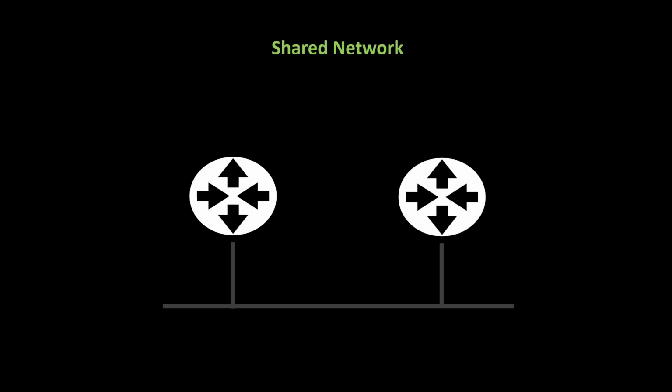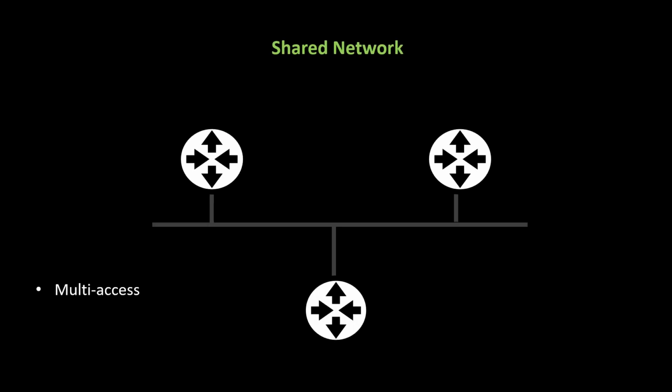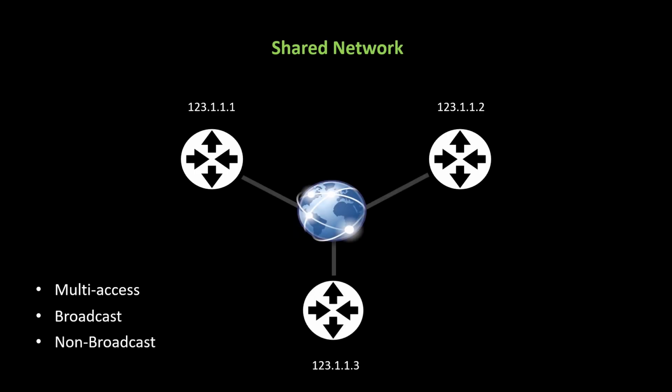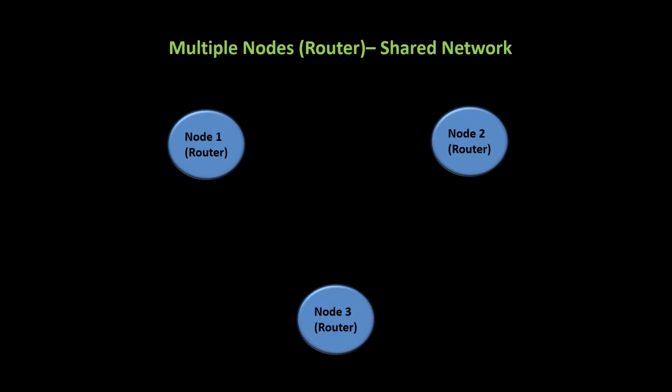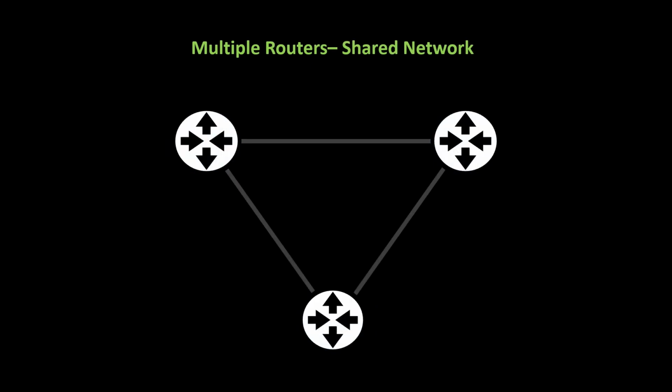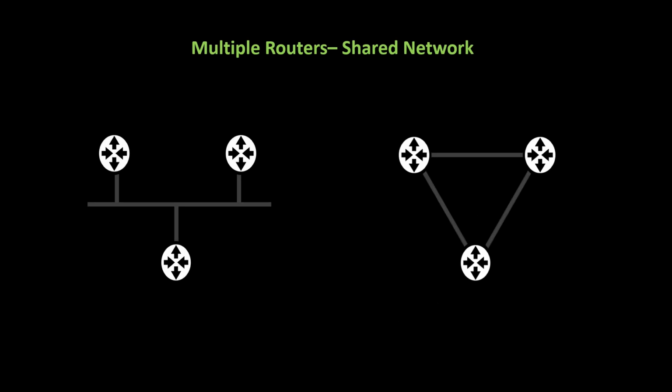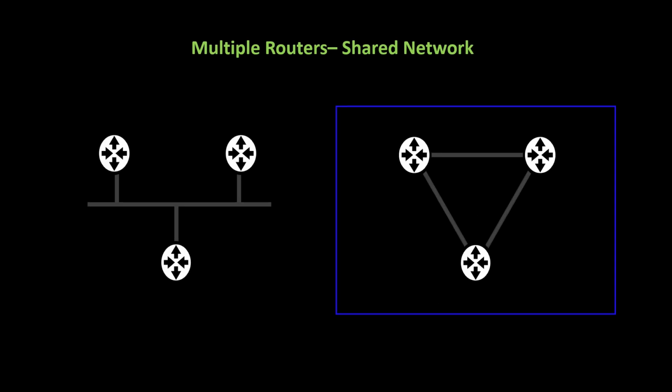Here's a shared network. We know that shared networks are multi-access. In some multi-access networks, devices have reachability and can exchange broadcast. In others, devices have reachability but are unable to exchange broadcast. The links between these devices are removed. The shared network will be described using SPF's topology rules. Each node is connected to the others. Easy, right? The SPF view is converted to physical view. That is not the network we started with. On the left is the initial network, and on the right is what SPF believes is the topology, a network